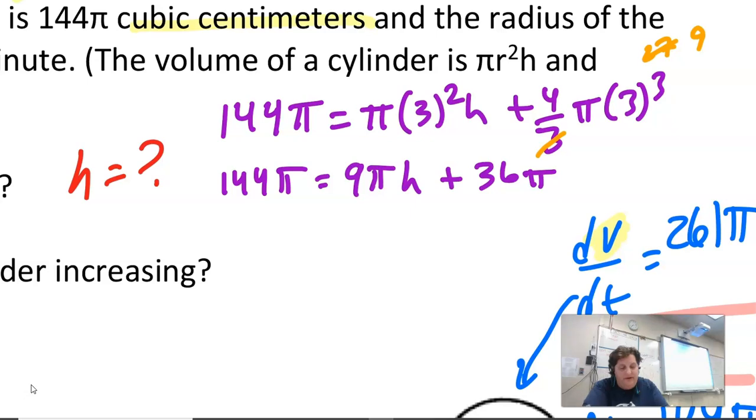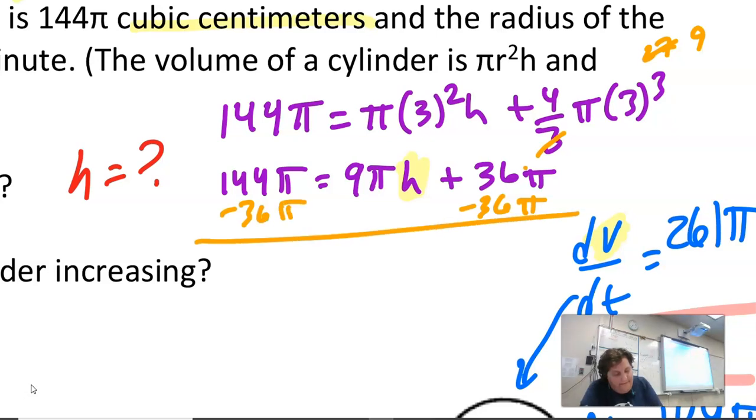Now, I only have one variable in here, and that's h. So I can definitely solve for h, right? And the way I'm going to do that is I'm going to go ahead and subtract the 36 pi over. Boom. Okay, that gives me